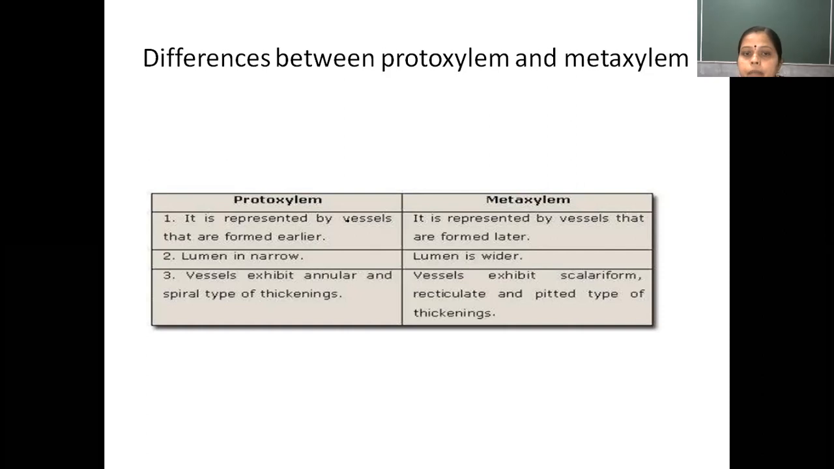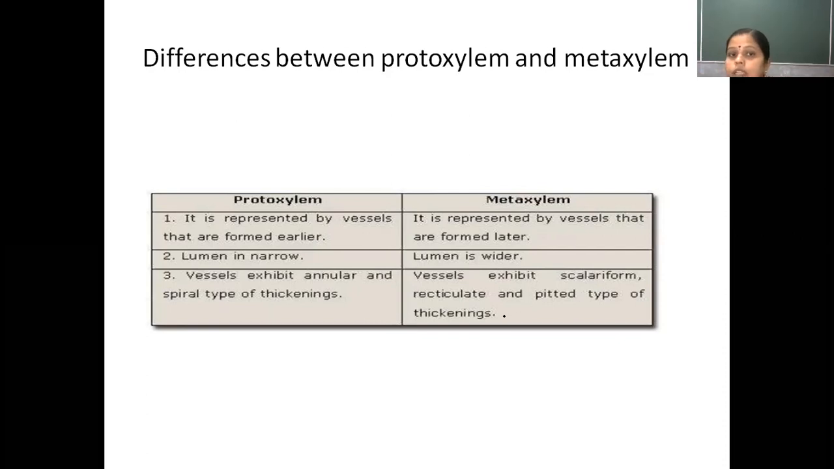Protoxylem is represented by vessels that are formed earlier. Metaxylem is represented by vessel members that are formed late. In protoxylem the lumen is narrow, and in metaxylem the lumen is wide. The lumen, the hollow cavity found inside the cells, is narrow here and wider there. Next, protoxylem vessels exhibit annular and spiral types of thickenings, whereas metaxylem vessels exhibit scalariform, reticulate, and pitted types of